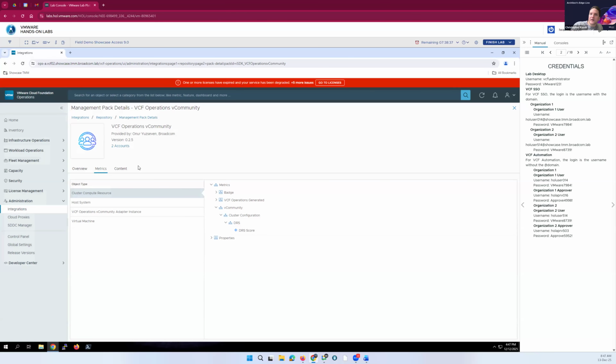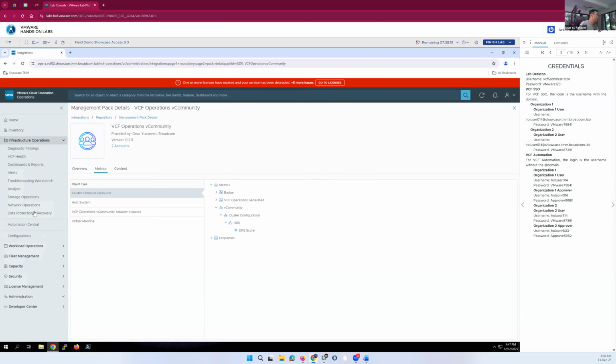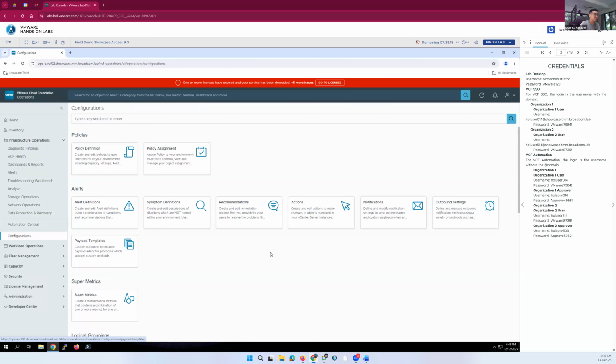There are a lot of different object types, like cluster compute resource, host systems, virtual machines, and so on, so there are a lot of extensions supporting the rest of the infrastructure. I think what we can do is show it inside here. And not just that, what he has done, let me give an example here.